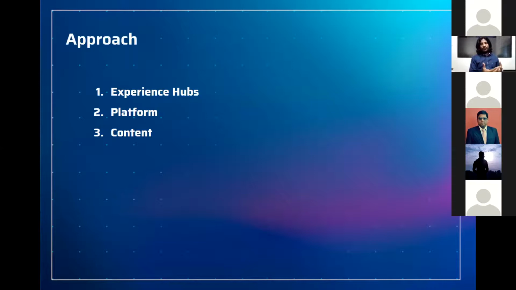So how we approach it, the entire idea. One is that we have created these experience hubs in various places, and we are creating a platform to stream the content. So this is the OTT platform we're talking about. You can create the hardware and the platform, but how do you create the content? OTT platforms like Netflix, Amazon, even YouTube have content coming from people. They are not creating the content themselves. Similarly, we also want to have crowdsourced content, and we are creating a program for that.